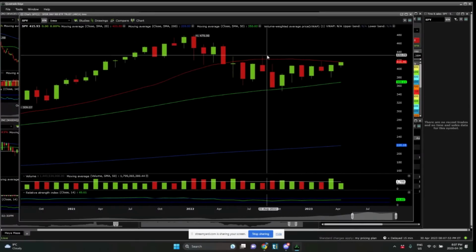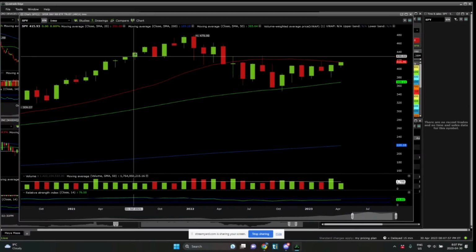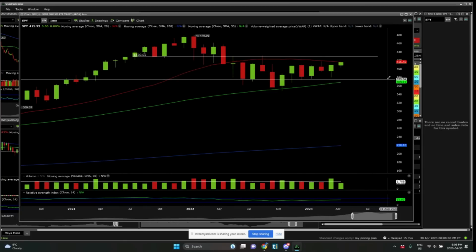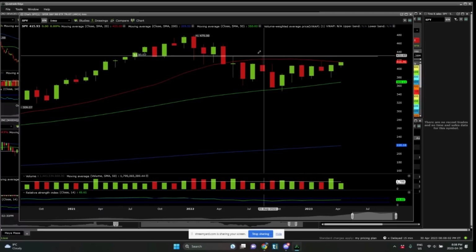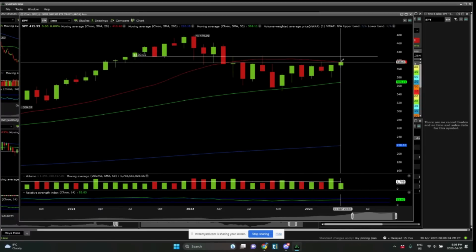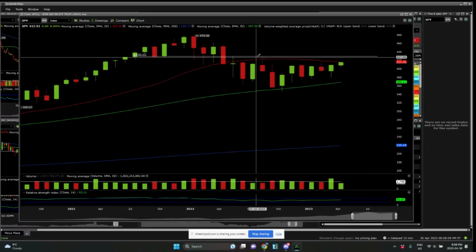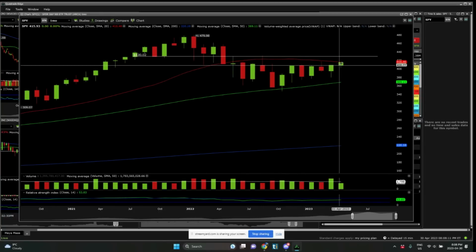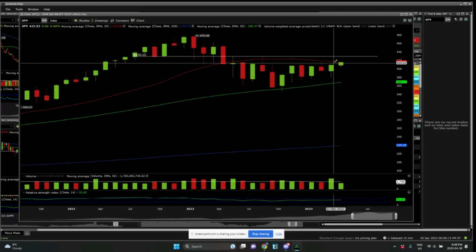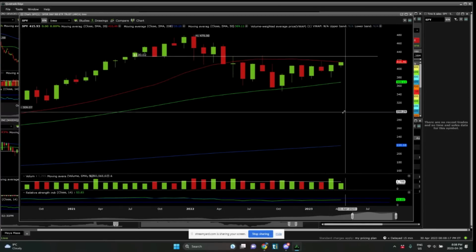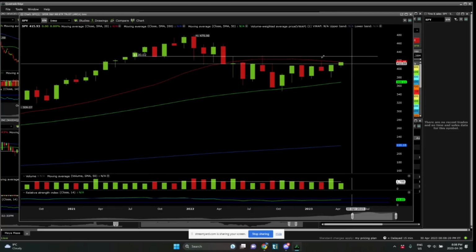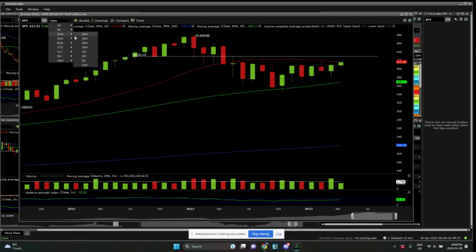So even if we squeeze up, let's say we squeeze up to a high of 430 for some reason, I suspect we're going to get rejected and come right back down under. Because that's what the statistics are showing. But later I'm going to try to show you that fundamentally that's what the market is going to do as well. Okay? So that's the monthly chart. We can see this resistance. Okay? So here's the weekly chart.